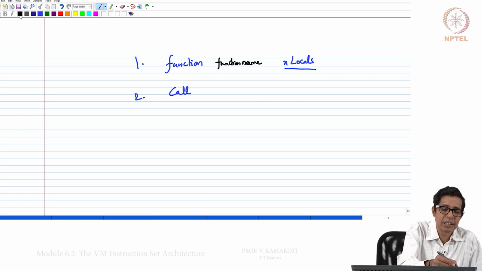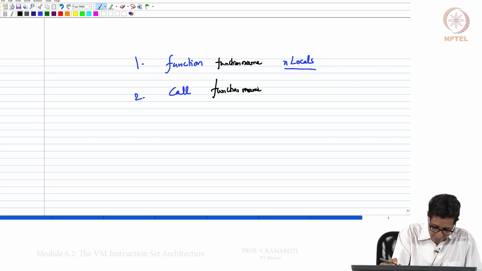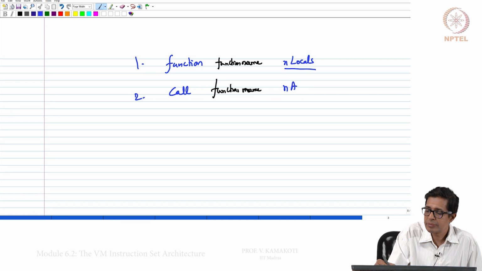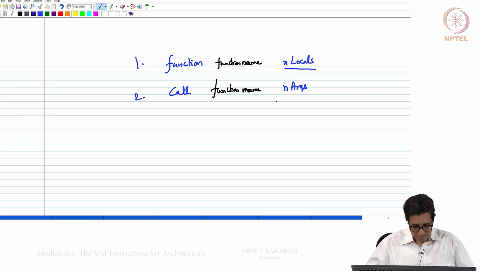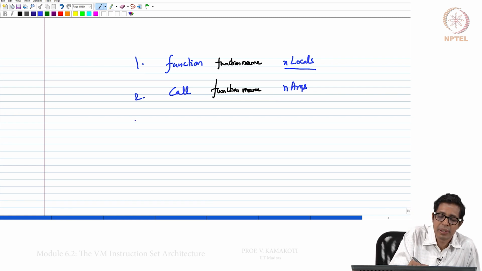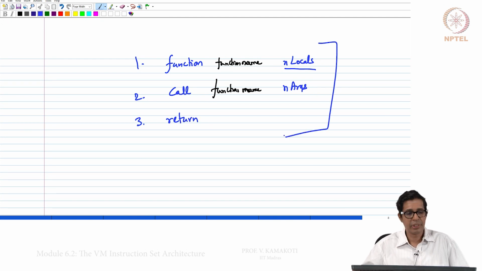Then there is call, and I have to specify the function name and n args, that is, how many arguments there are. And then of course the third one is return from the called function. So there are 3 function calling commands, right?